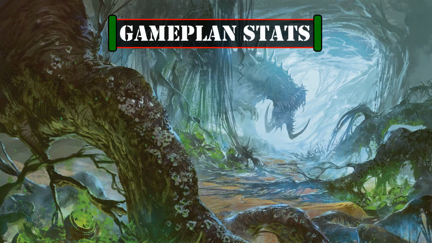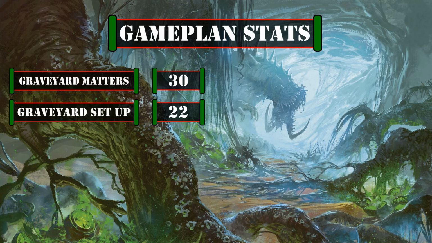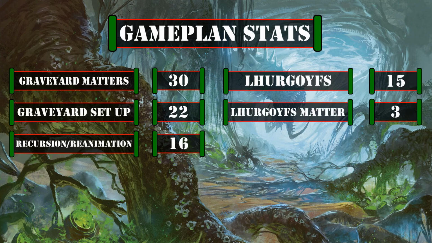Looking at the stats that matter to our game plan, we have 30 cards that care about our graveyard in some capacity, 22 ways to get cards into our graveyard via either self-mill, discard, and graveyard tutoring, and 16 ways to recur and/or reanimate cards from our graveyard, allowing us to build up and generate the maximum amount of mileage out of our bin to fuel this deck's primary game plan, alongside 15 cards that are either Lhurgoyfs themselves or that can turn other creatures into Lhurgoyfs,